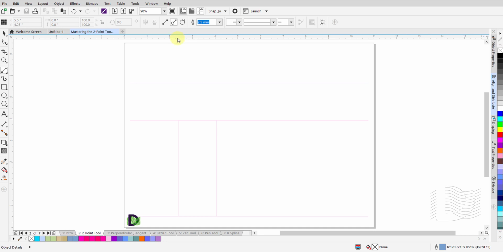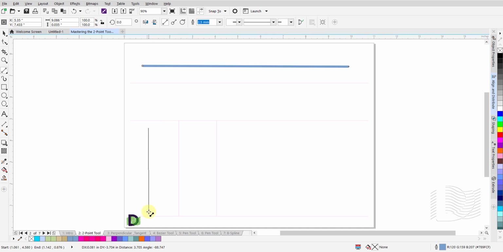With the two-point line tool selected, click on the two-point line icon up in the Properties bar. To draw a straight line, click and hold the left mouse button at the start point and drag the mouse horizontally to where you would like to end the line. Release the mouse button to complete the line. Of course, the same procedure applies for drawing vertical or diagonal lines.